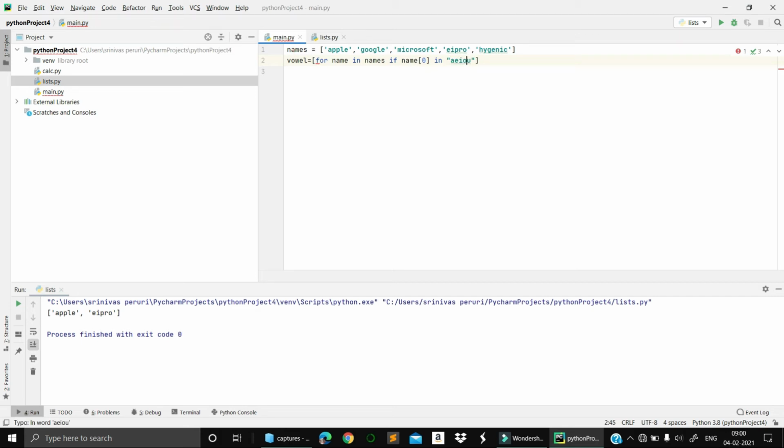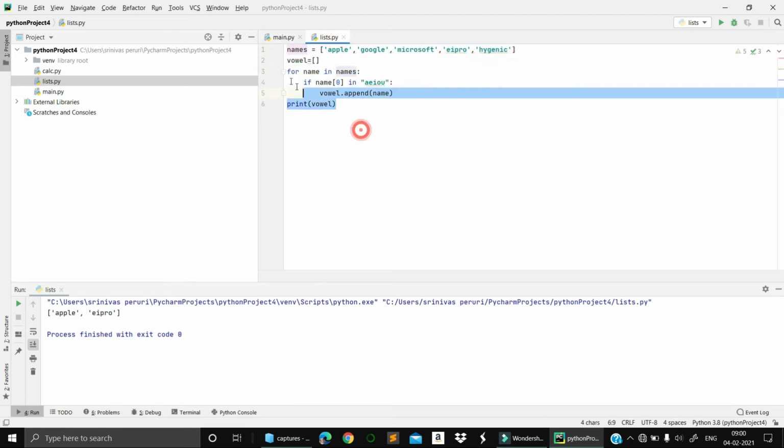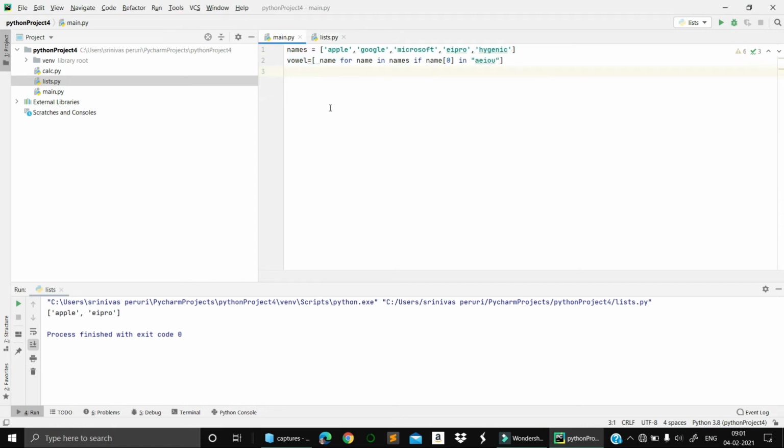If it is, I just want to simply print the name, whatever the name I have. Let's run this code, whether it will work or not. Same thing, right? Anyway, you are writing 2 lines of code or 6 lines of code, it doesn't matter. It is giving the same output.